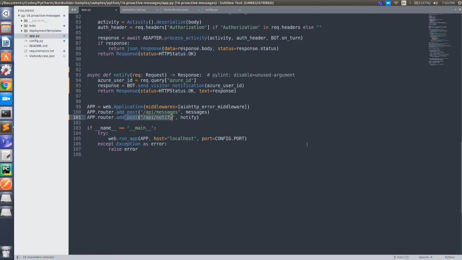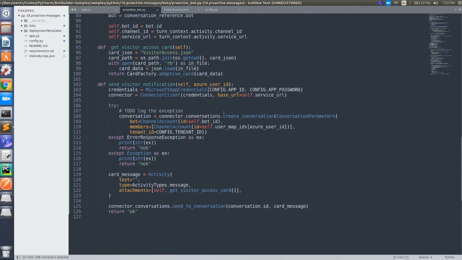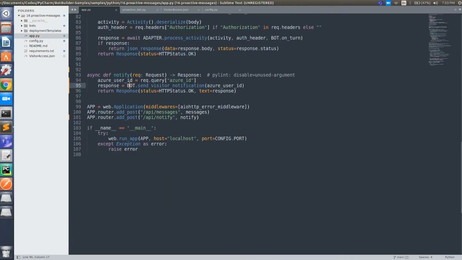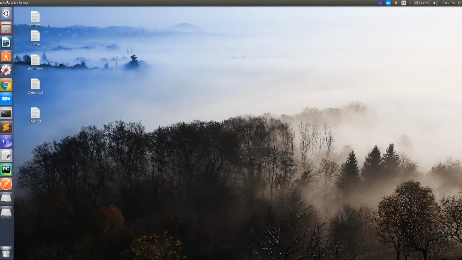From somewhere, either from Postman or some other HTTP source, we receive a call, and when we receive the call, we use this Azure ID and try to create the sender card notification. So we come to this send visitor notification, create the credentials, create the conversation, add the card, and send it. Okay, so let's see the output again.